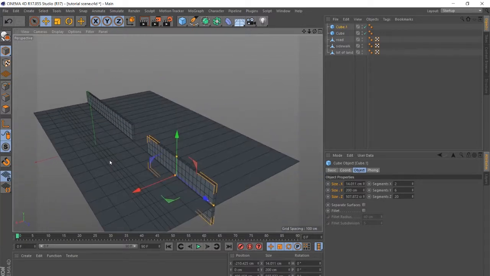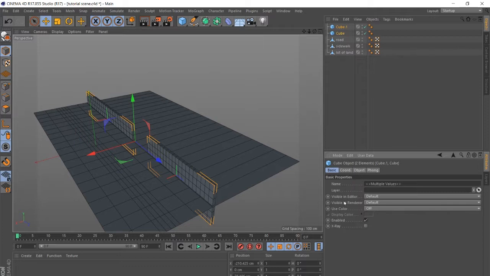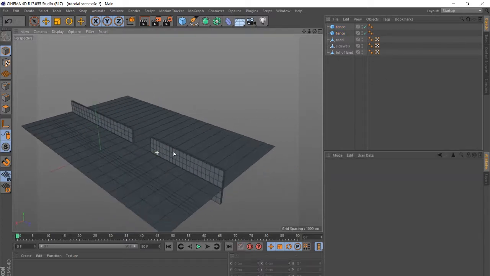Okay, all right. So if I select both of these objects and I go into my basic tab, I will see a parameter here called name. If I call this fence, it will name both of the objects fence, because I have both of them selected, and since both of their parameters are the same, both of them are updated at the same time. All right,